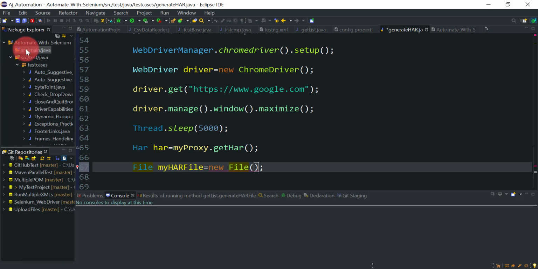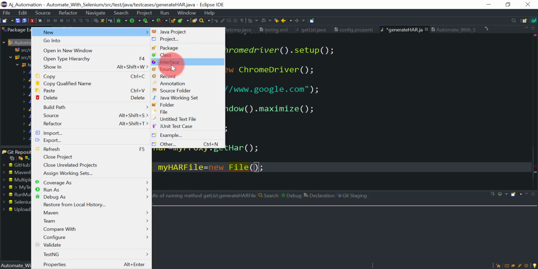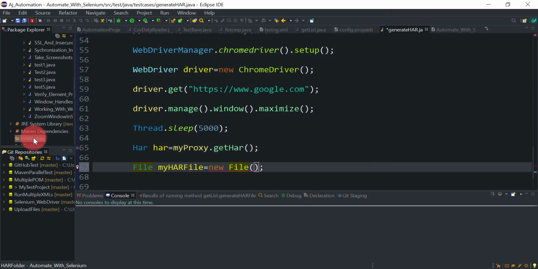So I will create one folder here at the project level, let's say HAR folder. Inside this folder our file should be available.